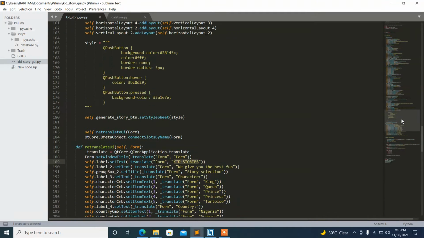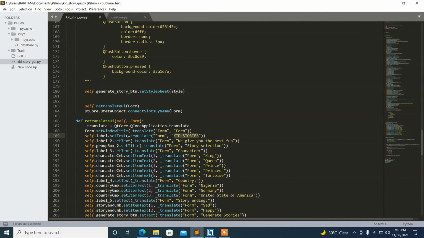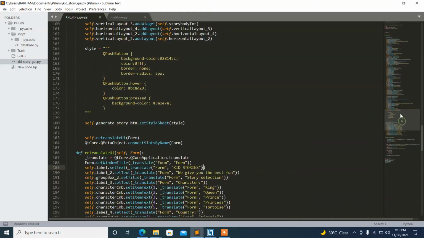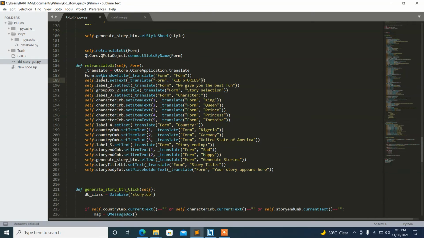You can also use set text by just removing this. If you remove this and this one, it will still give you the same thing, but just to make sure that you follow production rules,